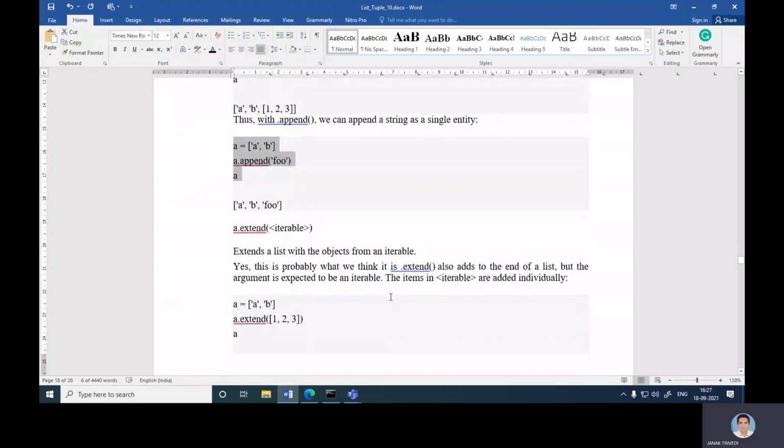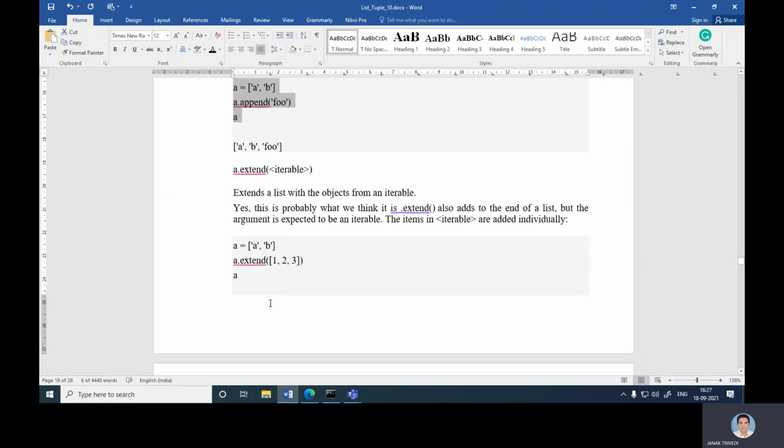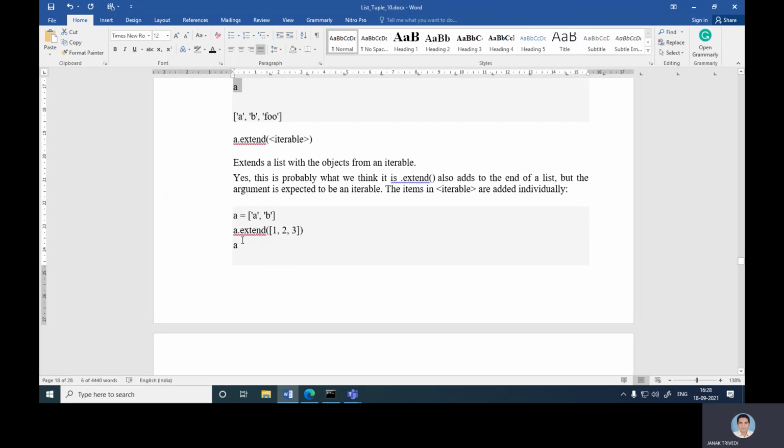a.extend(<iterable>) extends a list with the objects from an iterable. Yes, this is probably what we think it is. .extend() also adds to the end of a list, but the argument is expected to be an iterable. The items in the iterable are added individually. How is that? Like a = ['a', 'b'], a.extend([1, 2, 3]), and a.